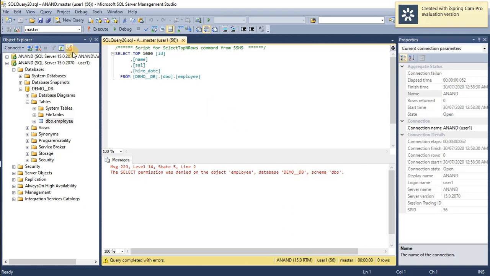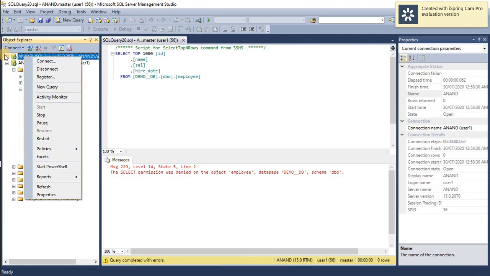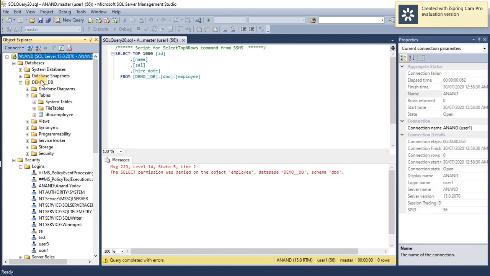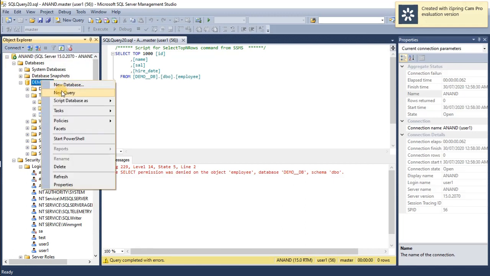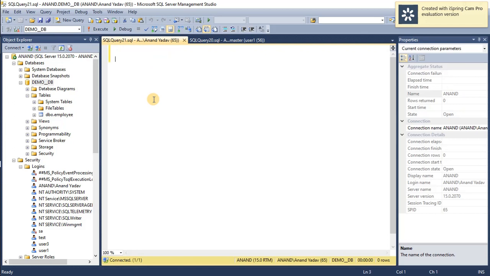So we will grant a select permission with the super admin user. I'm going back to the super admin user, and here I will grant select permission on table name employee to user 1. So I will fire this query.